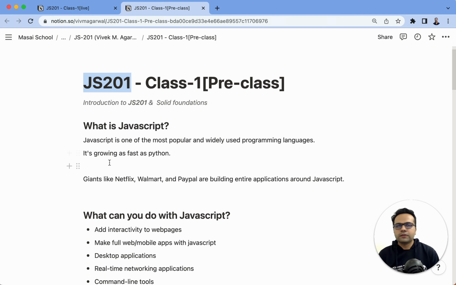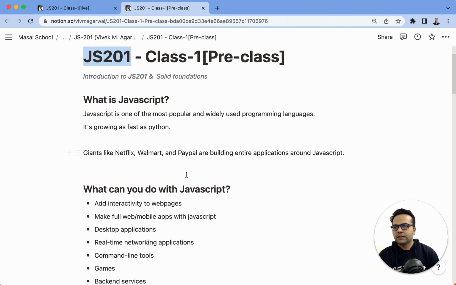So let me do a quick revision so that you are ready for class 1. We just have 12 classes together, right? So I don't want to spend even 1 minute extra. We have to utilize each one of them really nicely. So first thing,